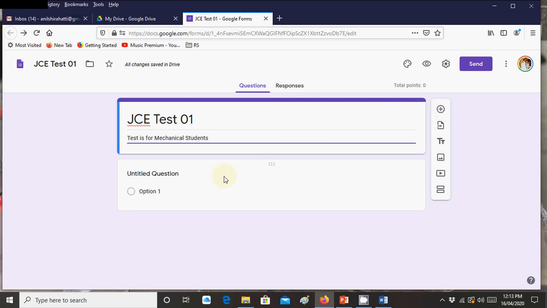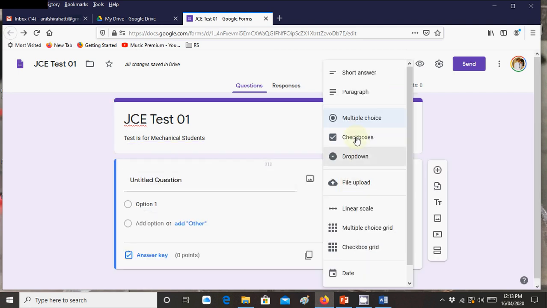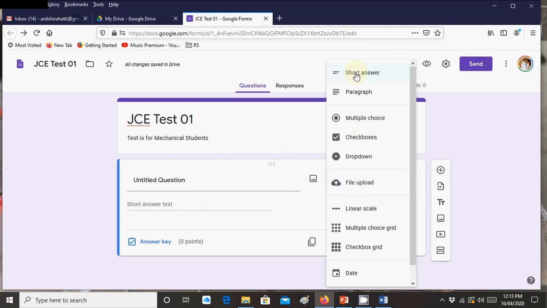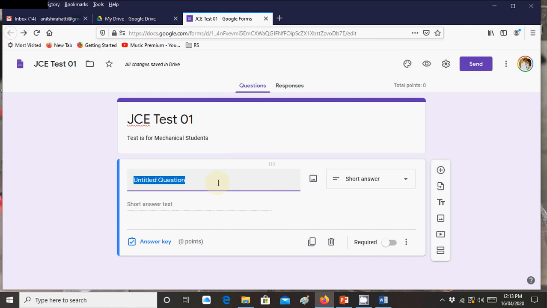Okay, so here you will say short answers. I can say here the student is required to give his name. So let's say student name, and it is compulsory.